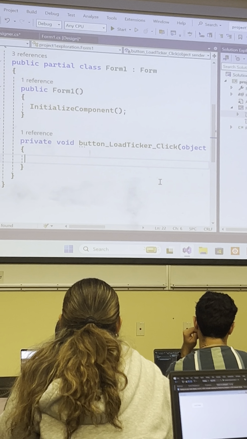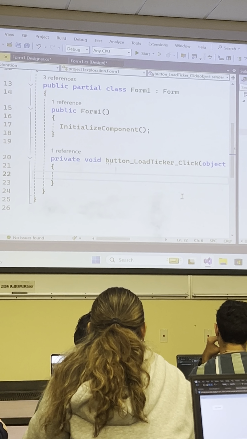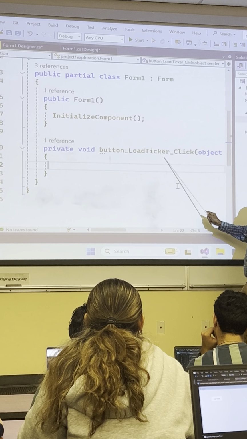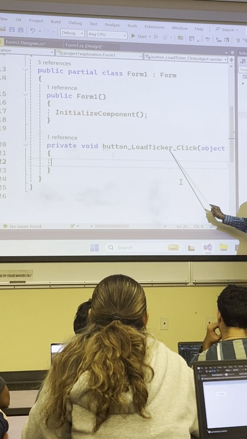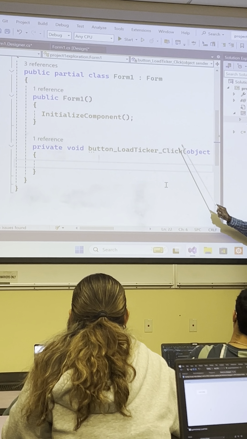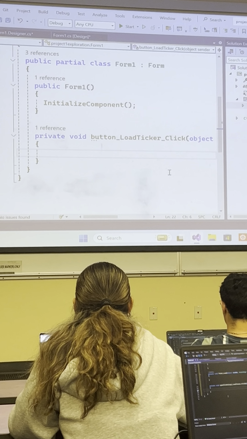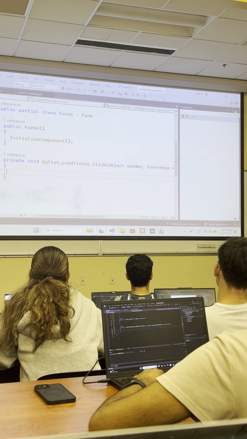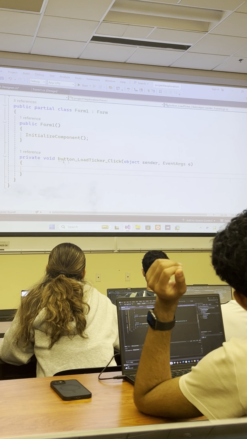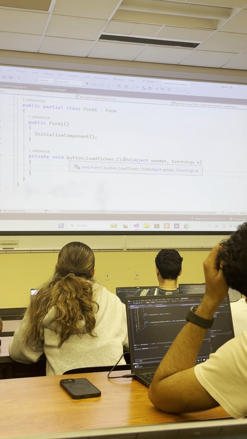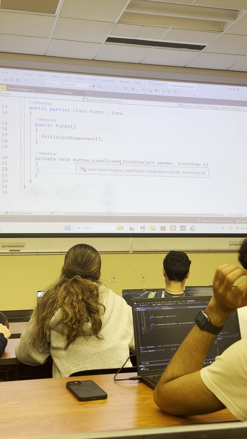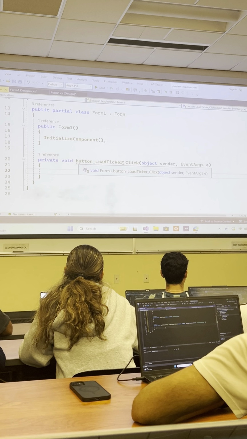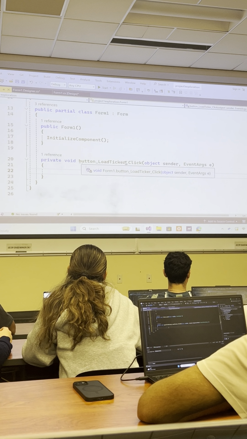And how is that event handler called? It's the name of the control, but that's what we chose. Button load ticker, this says this is going to come from the button load ticker. That's how we name our button. And then underscore the name of the event that we are handling. So this is pretty clear, pretty simple, pretty understandable. Again, because of convention, okay, let's say, all right, this is the event handler for the click event associated with the button load ticker. And because of that, the only effort we had to do was to